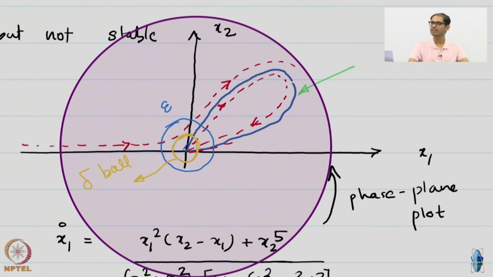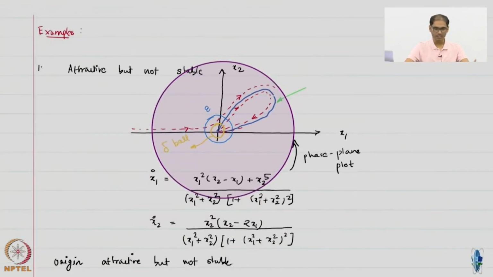The stability challenge is that you give me any epsilon and I can give you a delta. So, for large epsilon, it seems like great, it works, but for small epsilon, no. So, that is it, I do not have to do anything further. If it does not work for even one particular choice of epsilon that you give me, the system is not stable. So, the system is not stable, but it is attractive, alright.